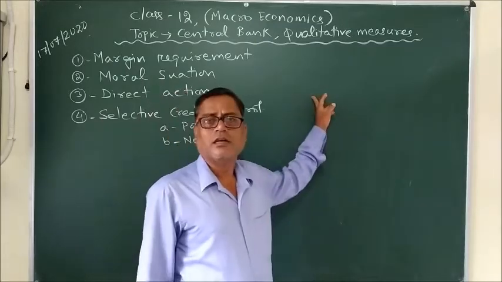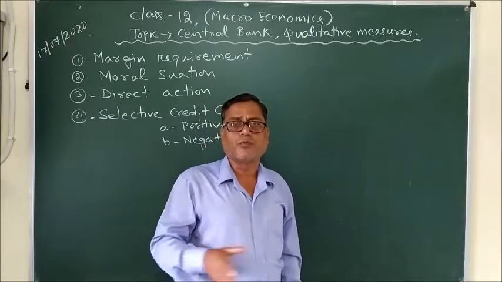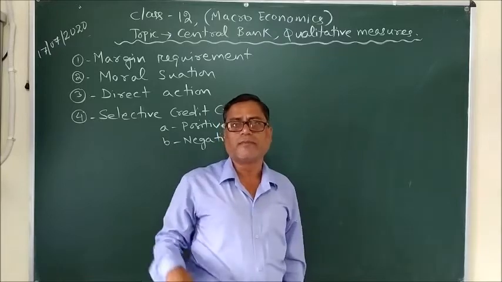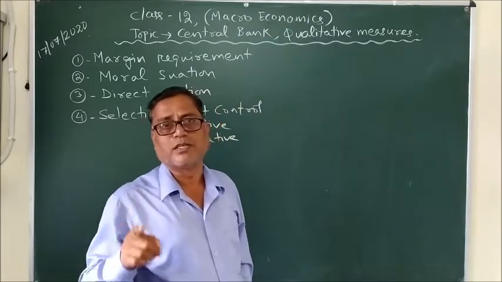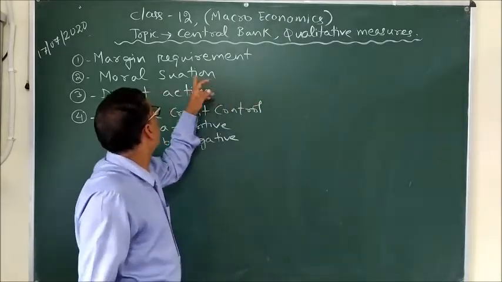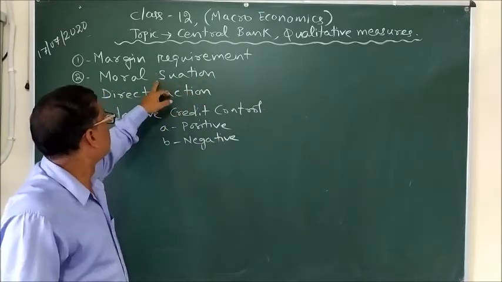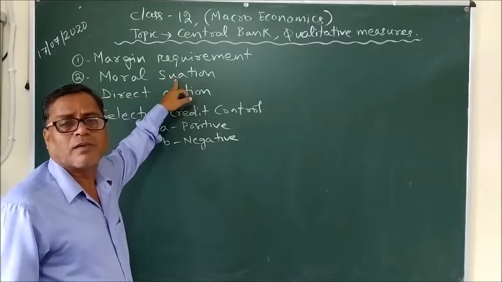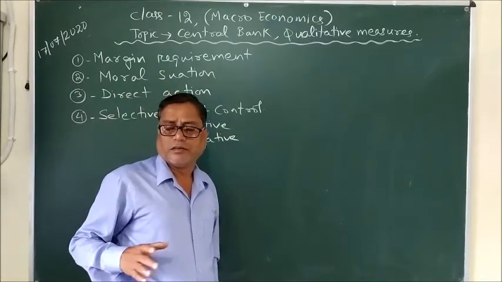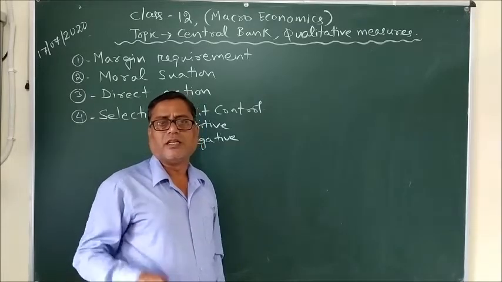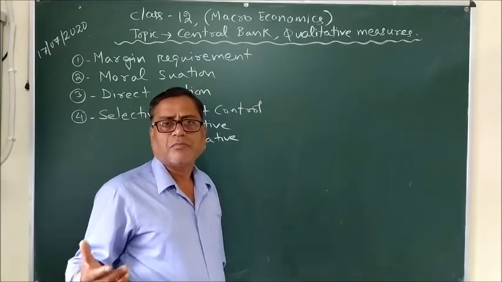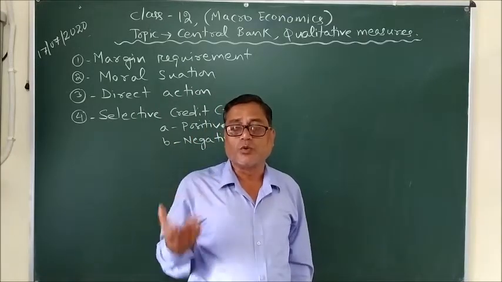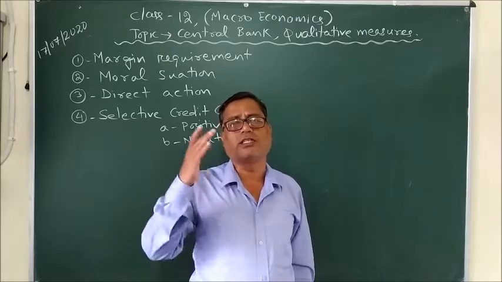The same way here, the job of the central bank is to put them again into the mainstream, so that they would be following the policies and plans devised by the central bank. In order to achieve that goal, the central bank uses moral suasion, in the way of speeches and notices. That means the central bank sends notices and gives speeches to encourage the commercial banks to follow its guidelines.